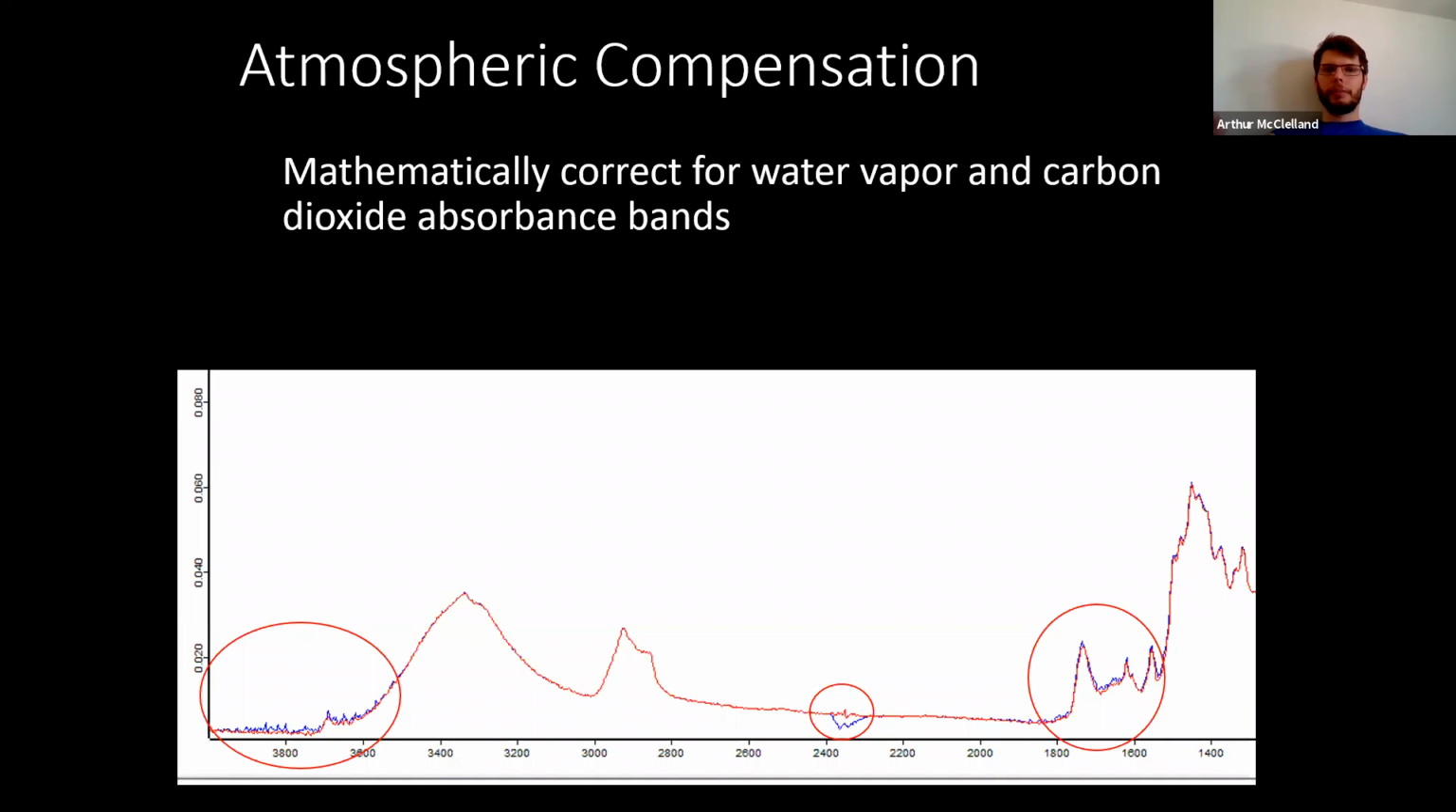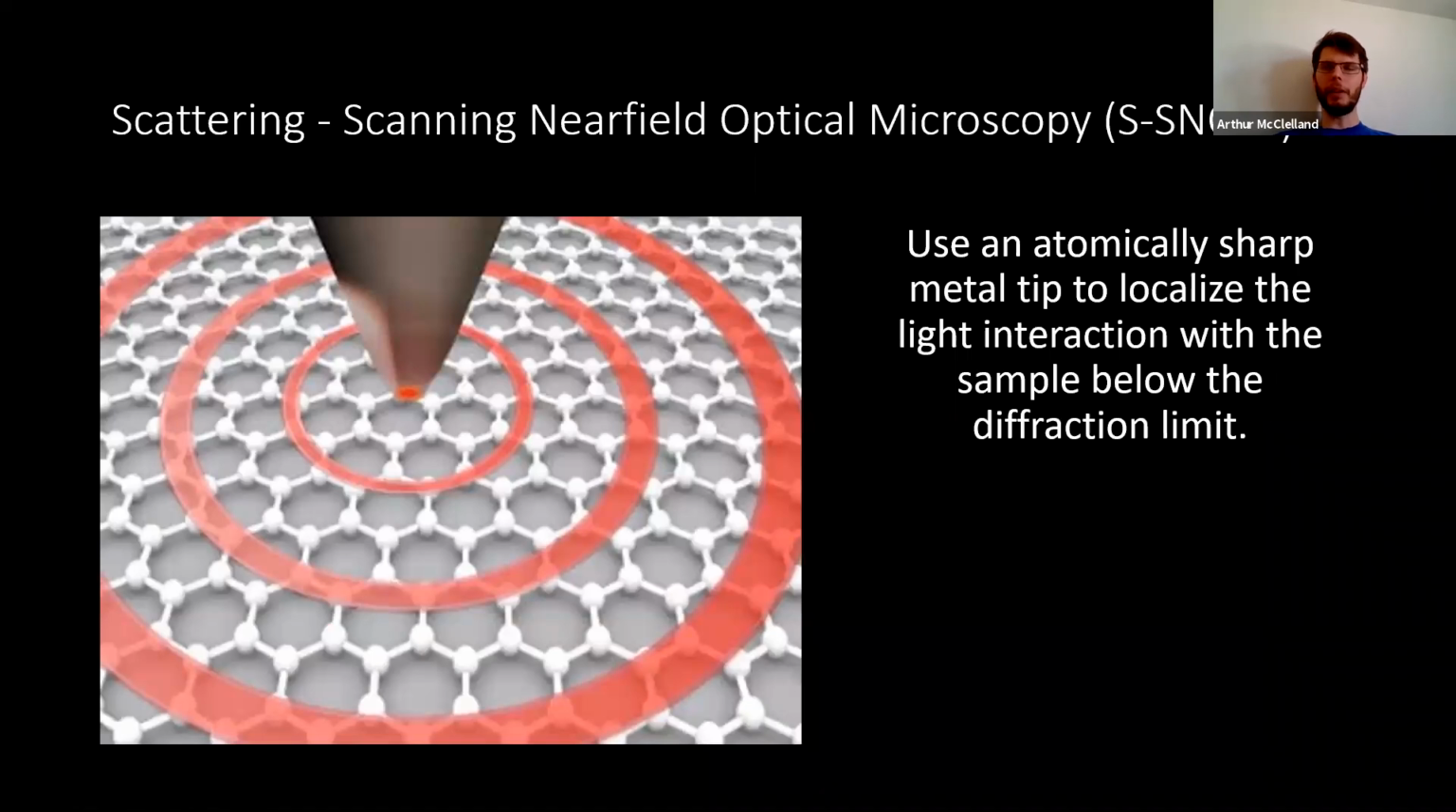But FTIR is diffraction limited. So as we said, the diffraction limit is half the wavelength of light. We're trying to use light that's like 20 microns, so we can focus down to about 10 microns with infrared light. 10 microns is really big compared to a lot of